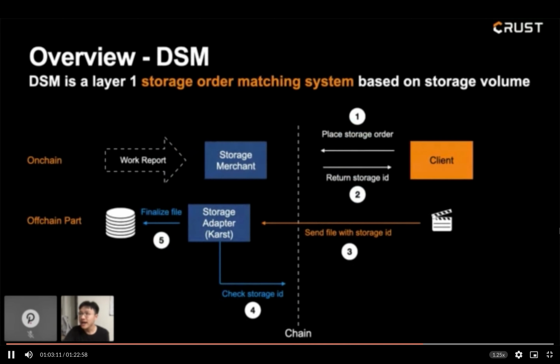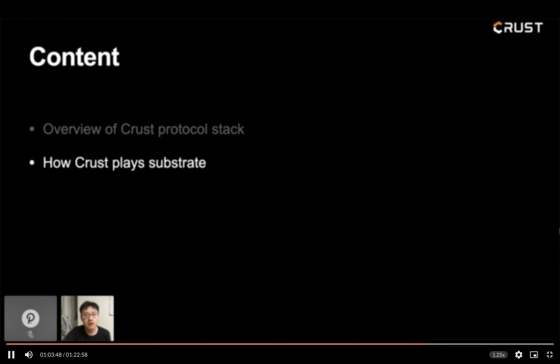Okay, so next is the DSM part, the decentralized storage market. This picture shows the basic working flow of DSM. The on-chain part records the storage order that comes from the client, and it works very similarly to a smart contract. After this storage order is placed, the off-chain part will handle the file transfer and the validation process. As you all know, we design and